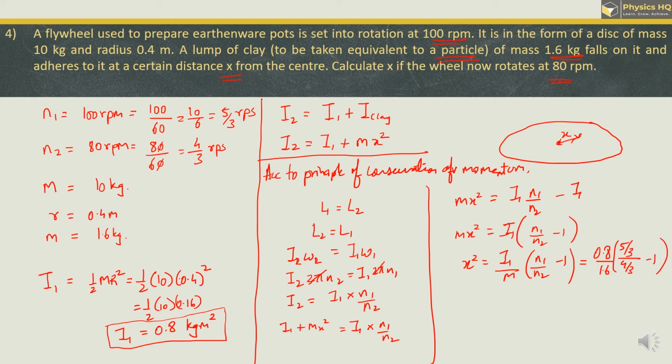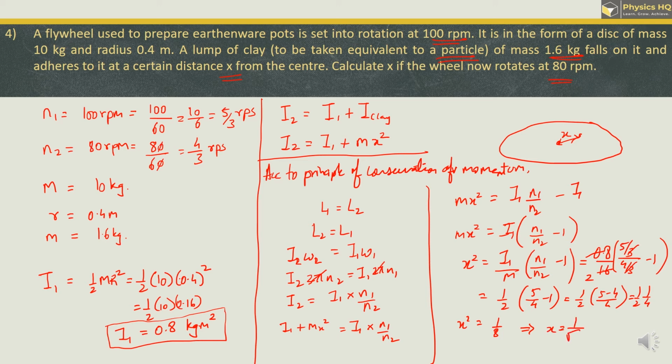So this 3 and 3 will get cancelled. What we are left with is 0.8 upon 1.6, which is 1 by 2, into 5 by 4 minus 1. Let us simplify this. When we take LCM, we get 5 minus 4 by 4, which is 1 by 4. So what we get is 1 by 2 into 1 by 4. So we got x square as 1 by 8,